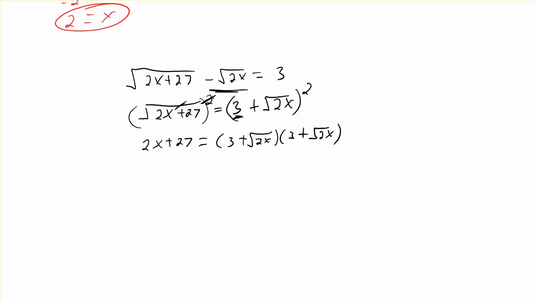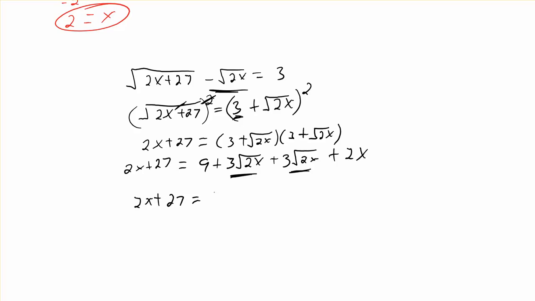Okay, now what we gotta do is FOIL again. So I'm just gonna rewrite this on this side again. So 2x plus 27 is equal to 3 times 3 is 9. 3 times square root of 2x is 3 square root of 2x, plus, again, another one, 3 square root of 2x. And then lastly, I've got plus just 2x, because the square root times the square root annihilated them, so we just ended up with 2x underneath. Okay, so I'm just going to simplify things a bit here. I've got some like terms, so that 3 and that 3 could just end up being 6 times the square root of 2x, so I'm just going to write that. 2x plus 27 is equal to 9 plus 6 square root 2x